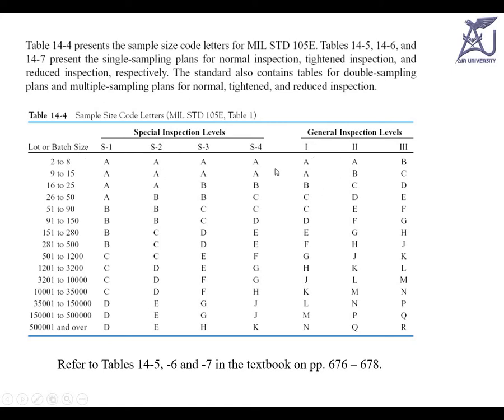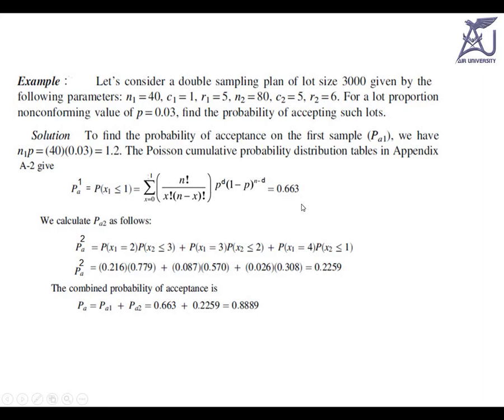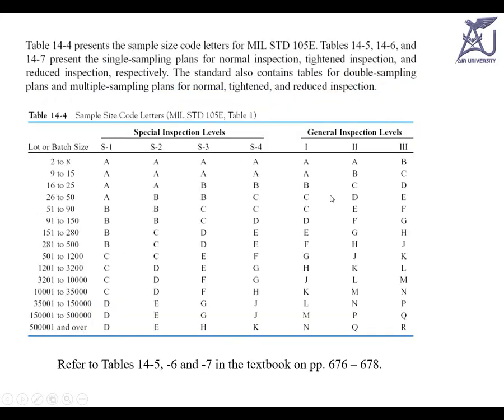So if you want to go for level 1, maybe you can also go for level 3, and if you want to see whether we should go for level 1 or level 3, these also have certain criteria, and if the quality is very poor, then you can go for level 3. But if your lot size is very small, you can go for small sample sizes. So here the sample sizes will be small, and you will go for S1, S2, S3 and S4. These are called special inspection levels, but they are not applicable to small lot sizes now.